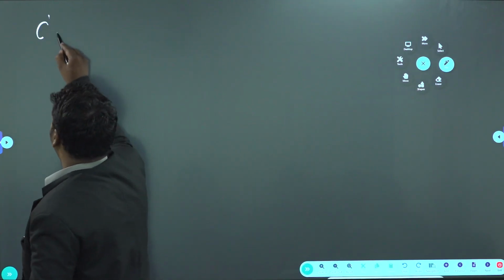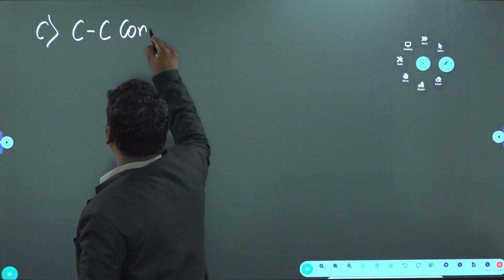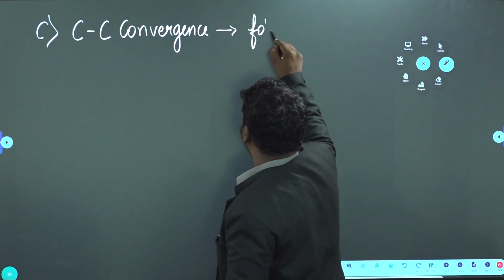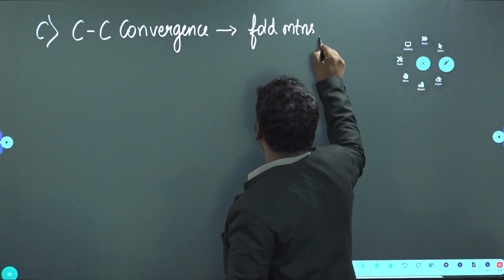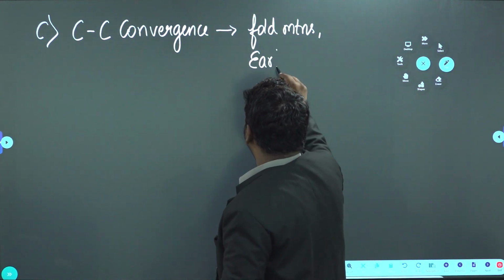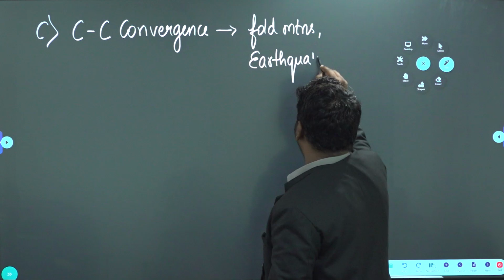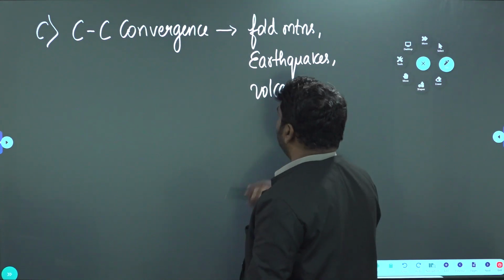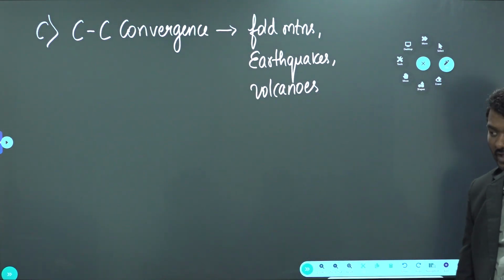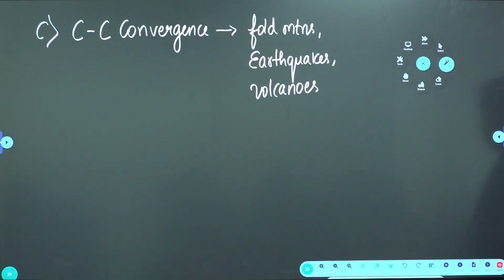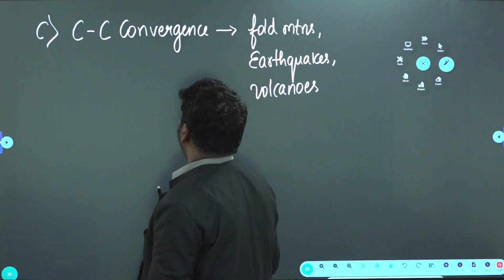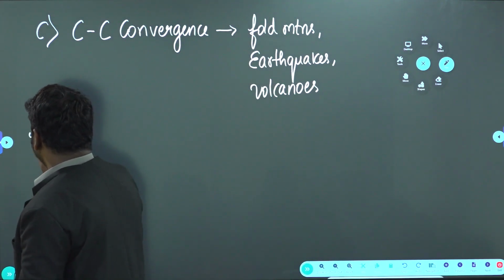What do you have? Continent convergence. What do you find? Will you have trenches? Fold mountains? Will you have earthquakes? Volcanoes are also possibility, guys. Himalayas doesn't have, but in other parts you have volcanoes. New Zealand has volcano, right? And second,